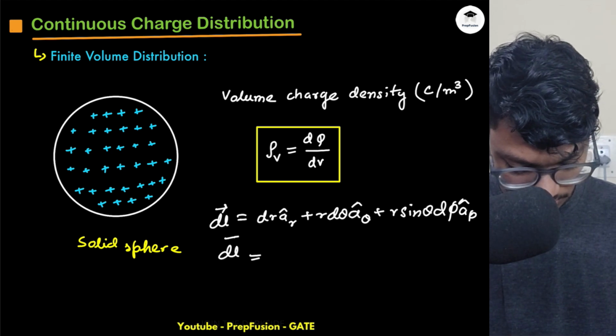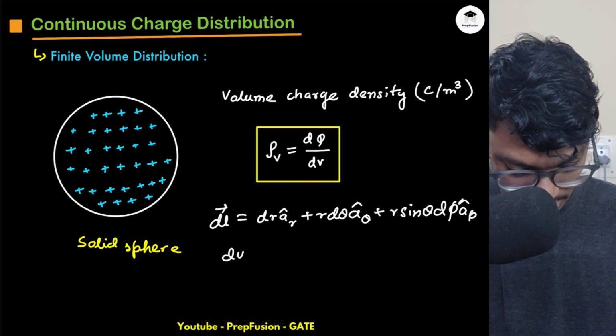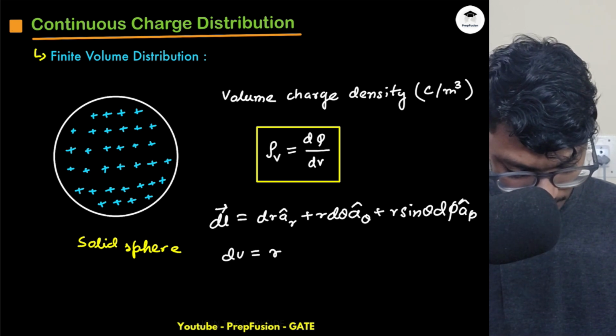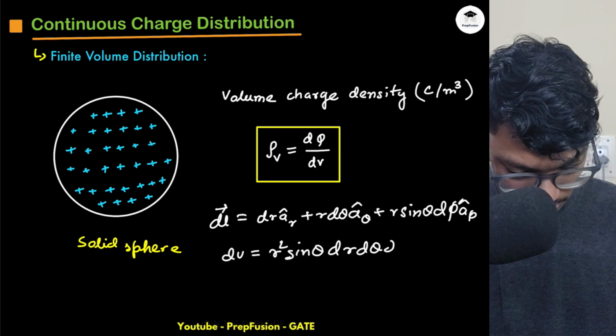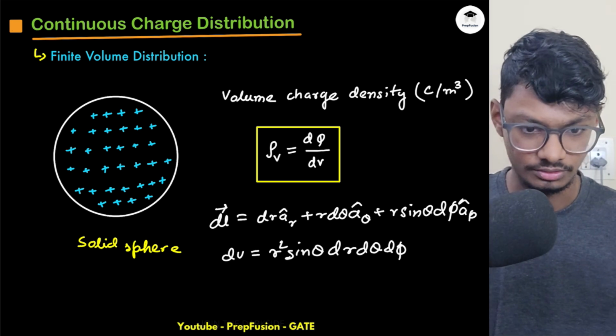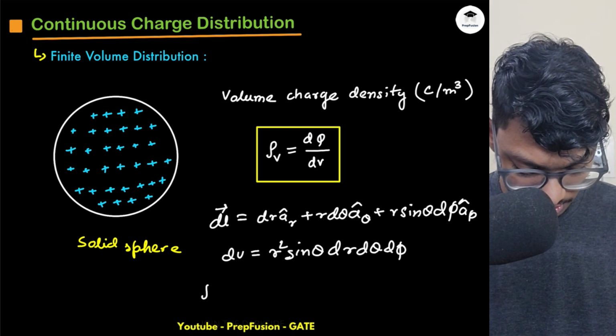So my dv will be what? dv will be just the product of all these three: r square sin theta dr d theta d phi. And your rho v will be simply